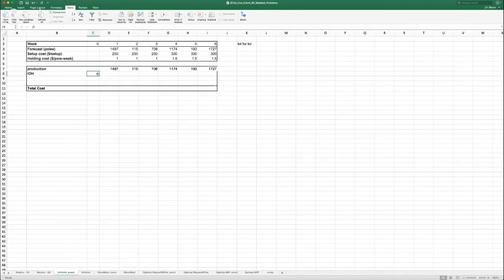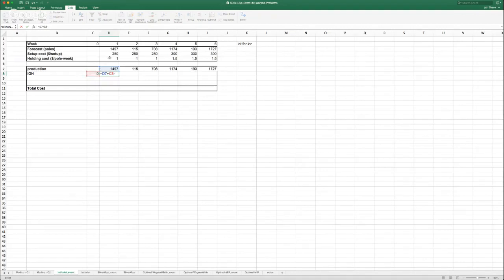We know the initial inventory is 0. And the inventory in any period can be determined by the inventory change formula, which is incoming inventory, in this case the number of poles being produced in that time period, plus the existing inventory, which in this case is 0,